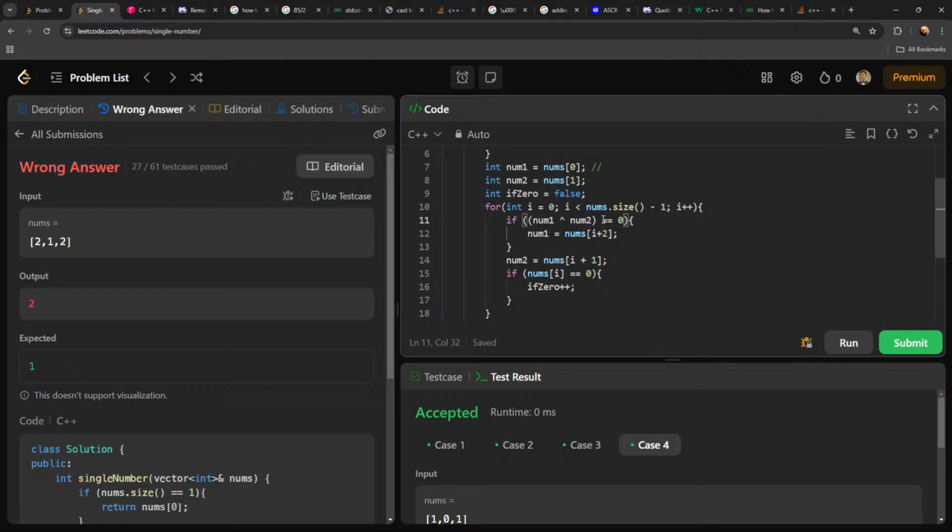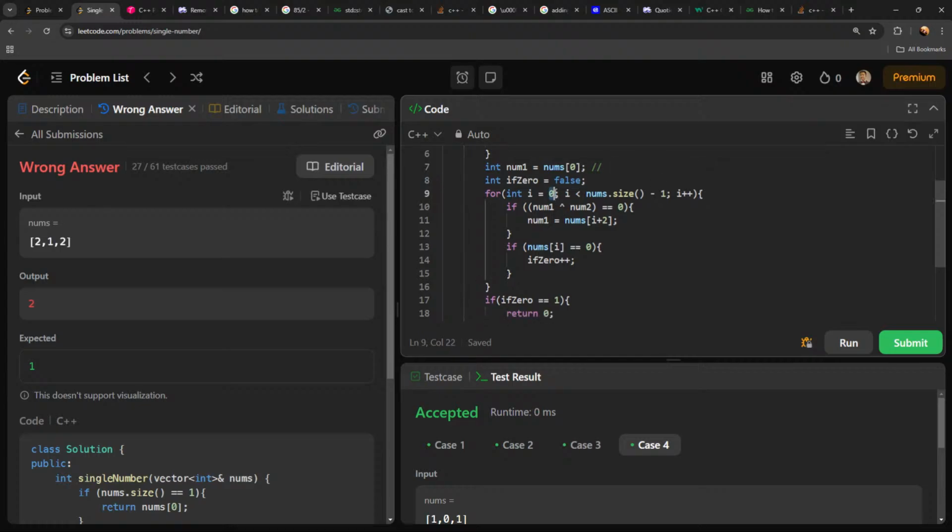Num1. I shouldn't compare num1 to num2. I should just have num1 and num2, and then it can just be equal to I. So if num1 is 0, num0